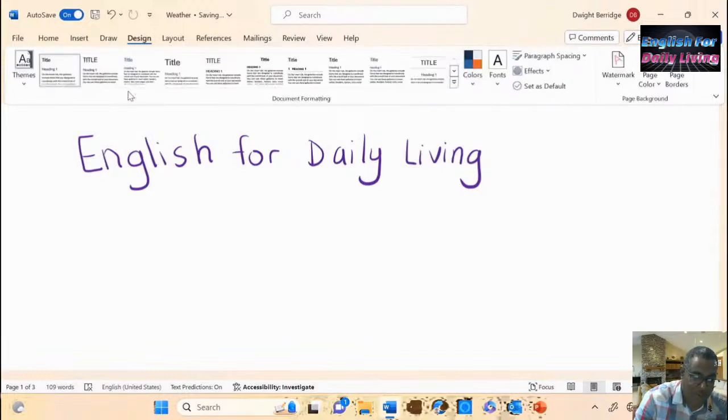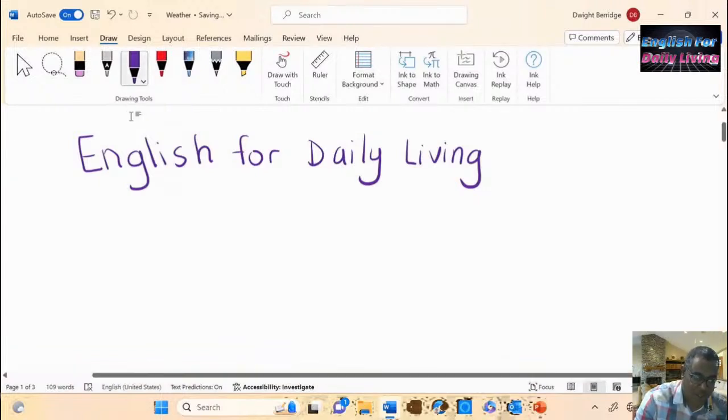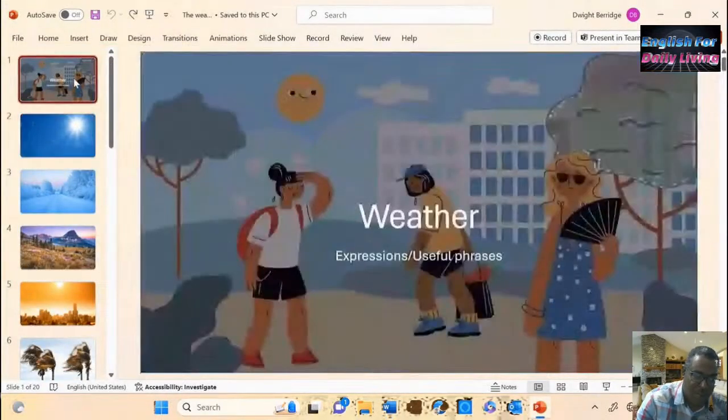Today on the program, we want to continue. Last week we had a very good session on colors, but we want to move on as we take it a notch higher, as we talk today about the weather. It's a very important topic, and expressions that we need to be able to use to describe the weather. We need to be able to describe various weather conditions, so certain vocabulary will become important.